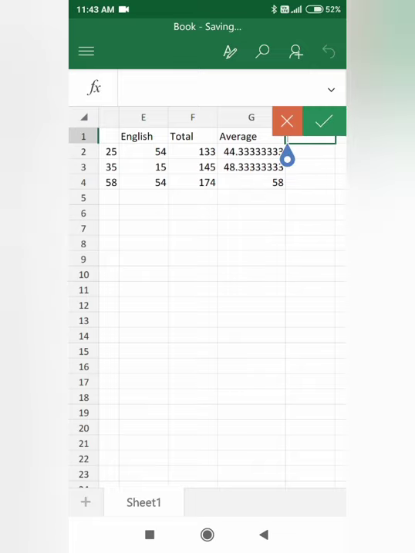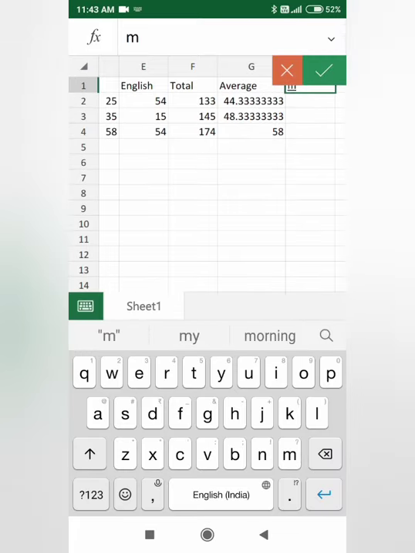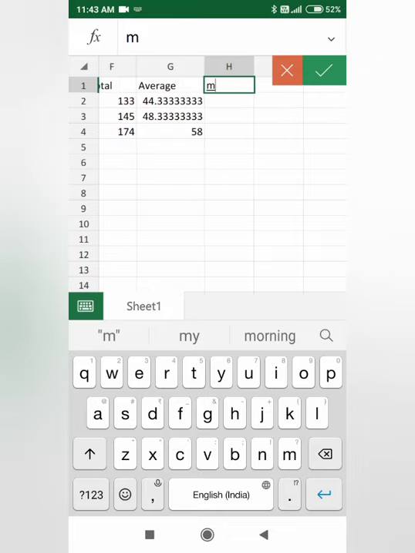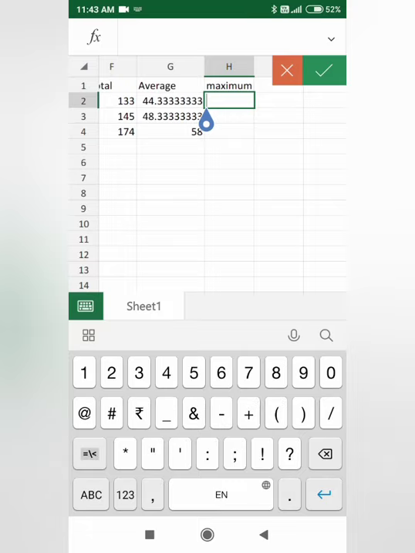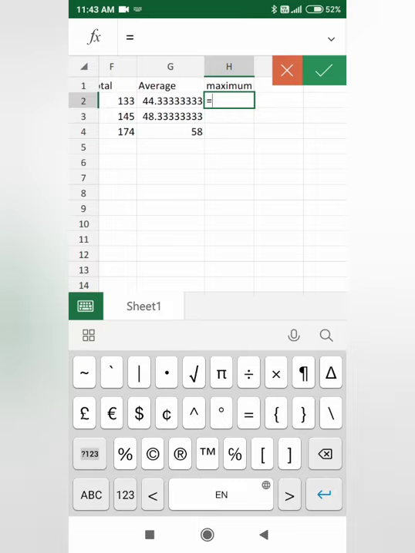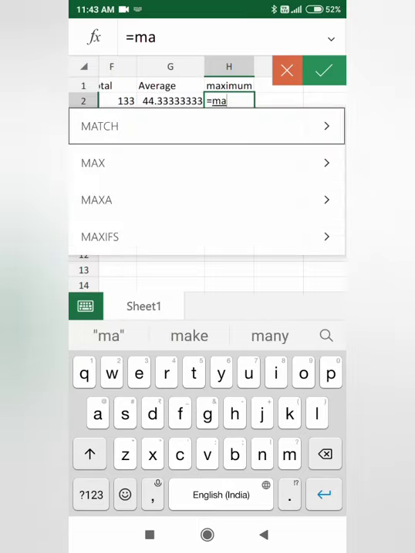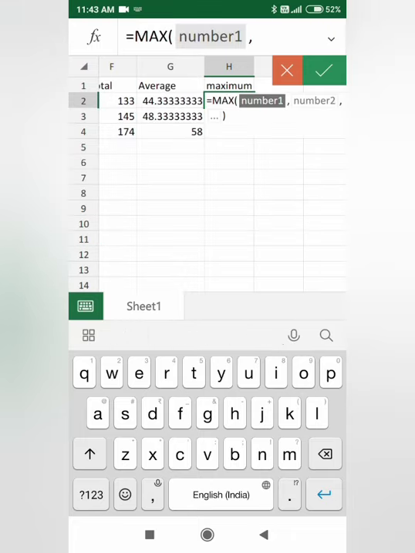Afterwards you have to write maximum. Maximum is also very important in a mark sheet. Maximum marks, how much. The maximum formula is, first we click equal to sign, and then we write max. See, max also comes.